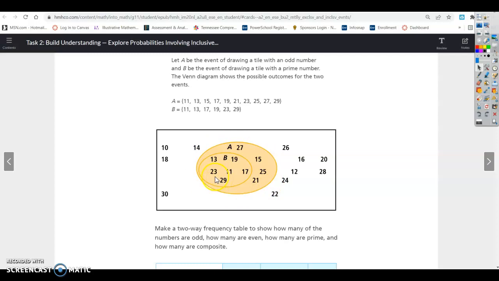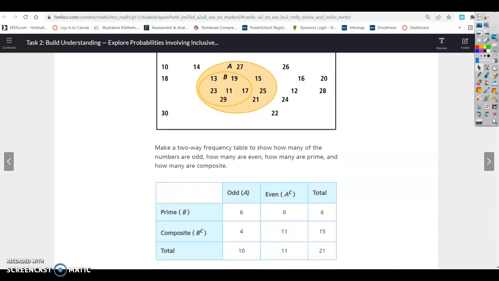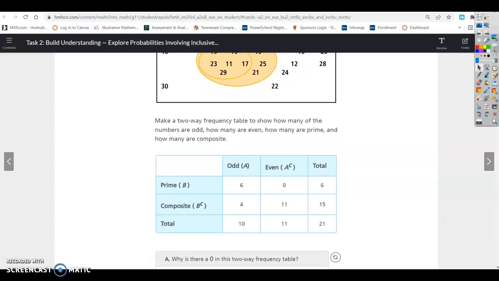These are odd and they're prime numbers. So this is called an inclusive event, where the others were exclusive. So these overlap and they have things that are in common. All right, so make a two-way frequency table to show how many of the numbers are odd, how many are